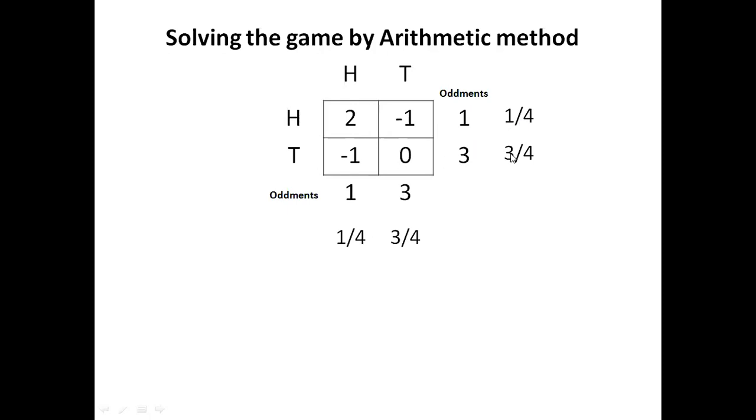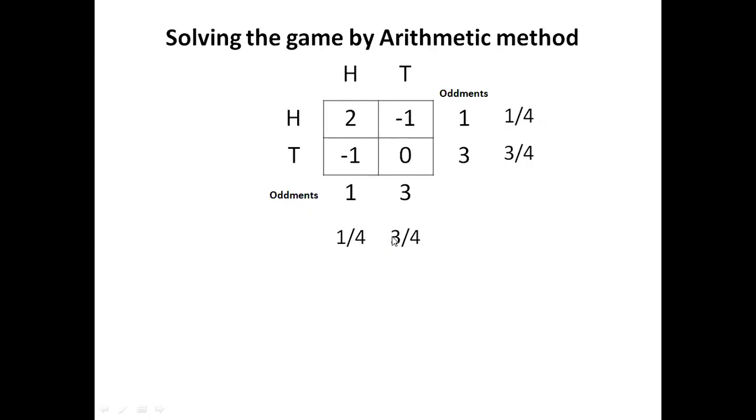And the second strategy 75%, that is 3 divided by 3 plus 1. So this 3 by 4 ratio is obtained by 3 divided by the total number of matches, or the total number of games, 3 plus 1, that is 4. 3 by 4 means 0.75. So 0.25 and 0.75, or 1 upon 4 and 3 by 4, is the ratio with which the corresponding strategies are going to be played by the player. And similarly here also, 1 divided by 1 plus 3, that is 4, 1 divided by 4, and 3 divided by 3 plus 1, that is 4.